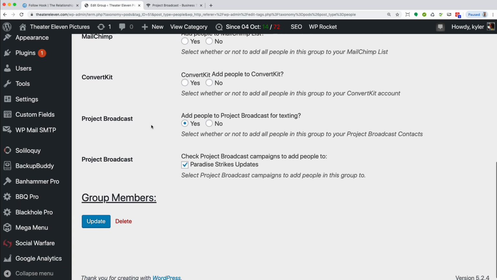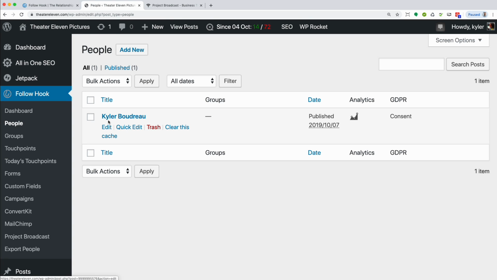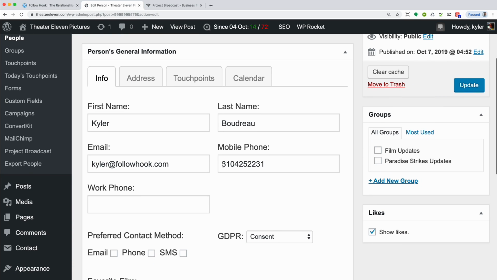So let's test it out. I'm going to go to People, and I've got myself in here. And if I edit my contact, I see that I do have a mobile phone number. And mobile is what Project Broadcast uses. If you have a work phone, that's not going to work. This is what is passed over. So I'm going to go over here and add this person to the Paradise Strikes Updates group, and then update